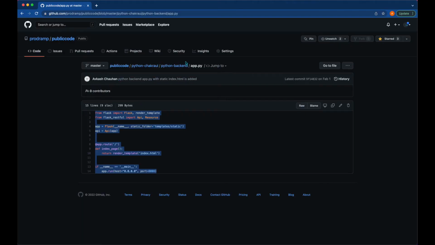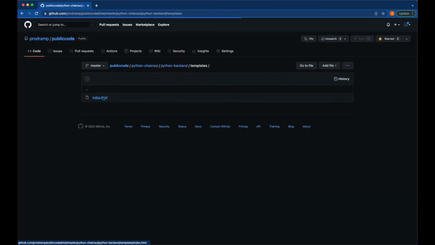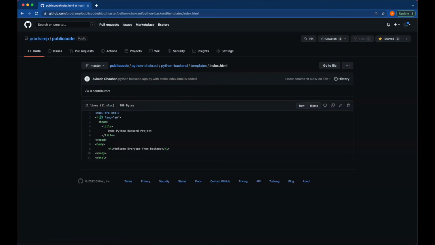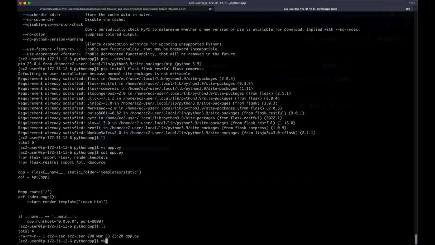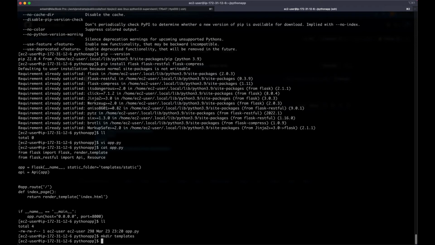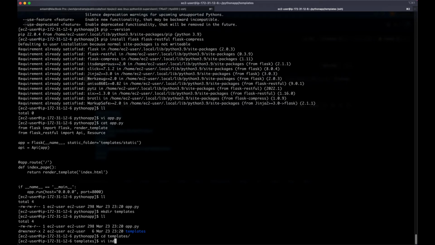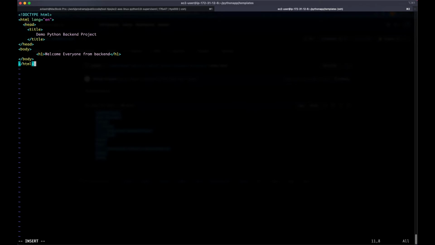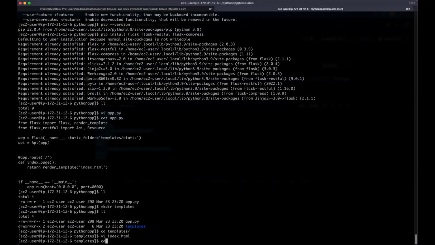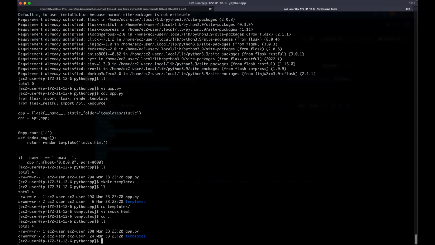And second thing, we need to create a folder called templates and create the index.html with very simple code like this. So let's create mkdir templates, cd templates, vi index.html, and this code. So we have very quickly created the Python app, and if you say python app.py,